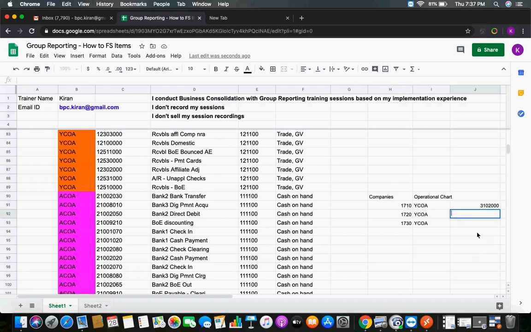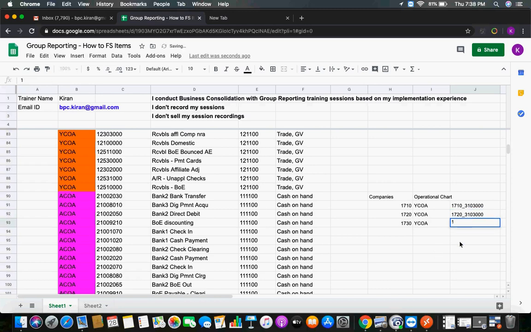For example, the one account I can use for 1710. So just for example, 310 3000. This is the account for this company sales. For this company sales, I have another account which is 310 3000.